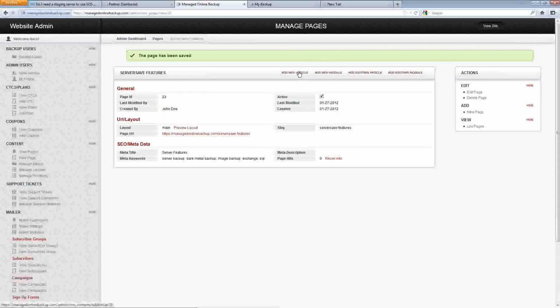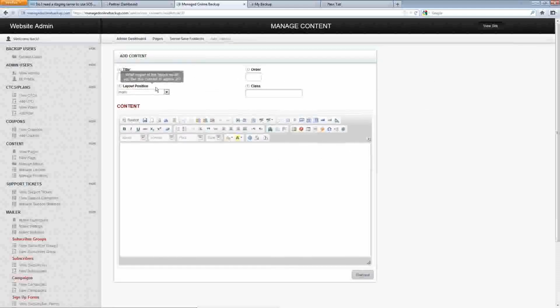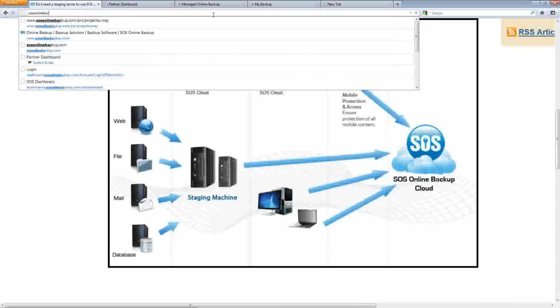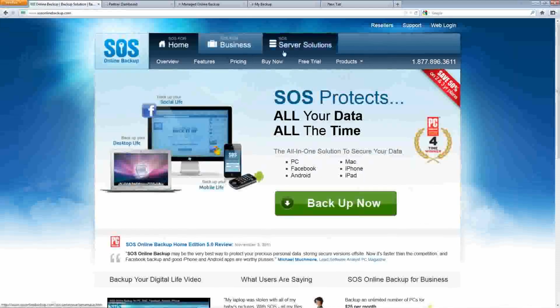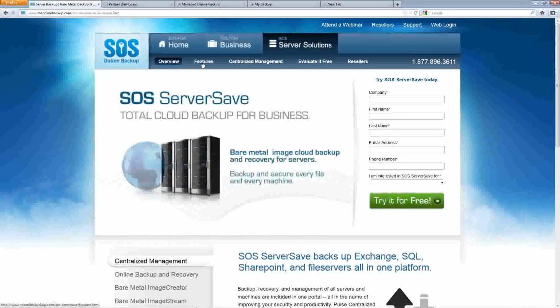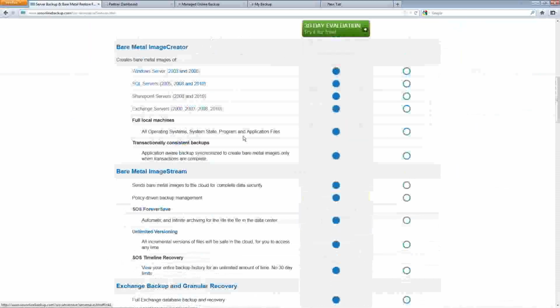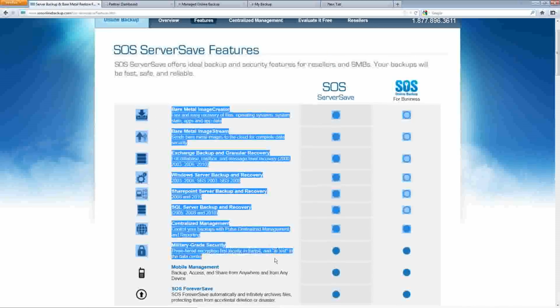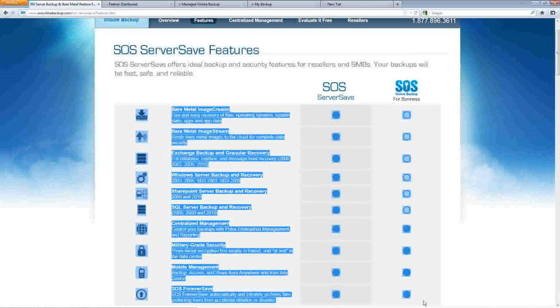And now we've got to add a new article. So the article is what contains content. So let's add a new article. It's going to be main position, title, body, border 0, and then we have all this content here. So let's go back to our main site. And we'll go to Server Solutions, I'll go to Features, and I could copy all this, or I could take a screenshot